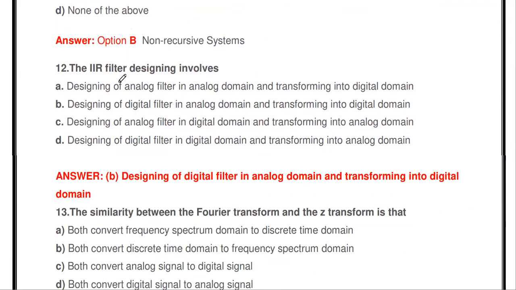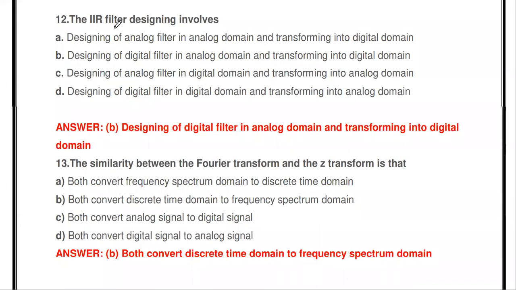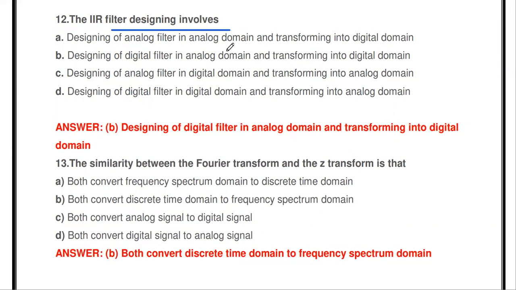The next thing, the IIR filter design. IIR filter design involves which one? In the design of an IIR digital filter, there is no direct method. But in FIR, we can directly design the FIR digital filter. In order to design an IIR digital filter, first, for the given digital specification, we have to design an analog approximation using Butterworth or Chebyshev. Then we have to convert that analog filter into digital. That is the basic idea.